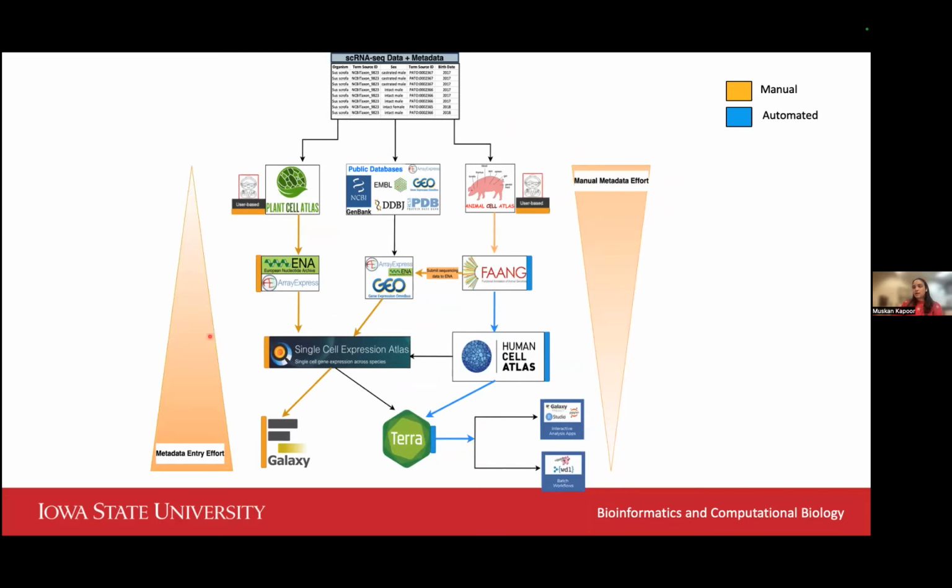Whereas in the plant path, the amount of metadata submitted is very little. For example, the user submits the data to ArrayExpress or GEO or through Annotator. It has to go through rigorous validation checks and manual curation by the curators, and they have to go back to the paper, look at some metadata, or contact the authors of the paper to go down the lane. So this is a much slower process.